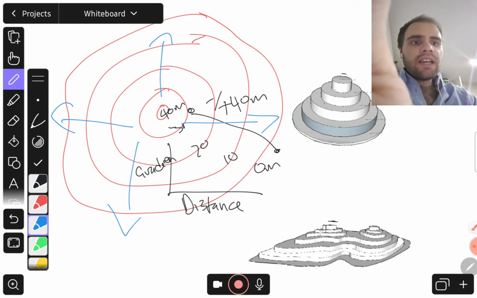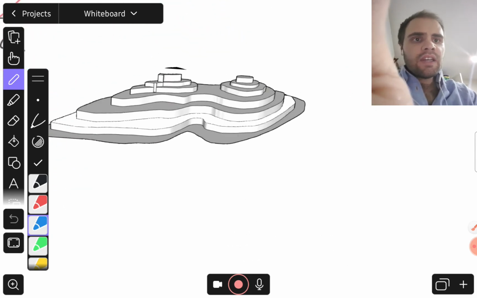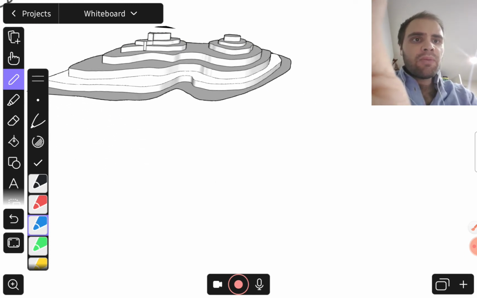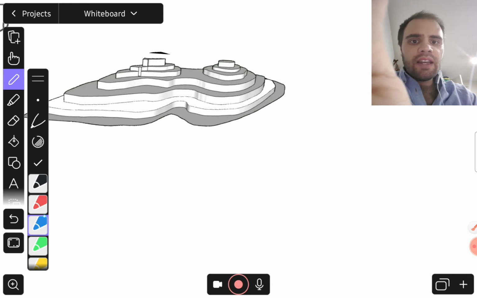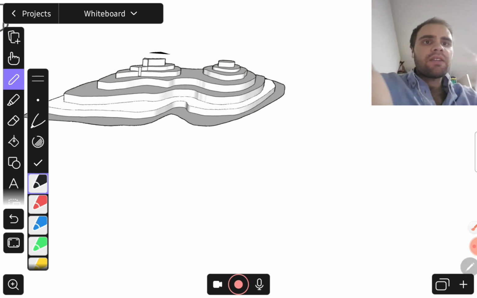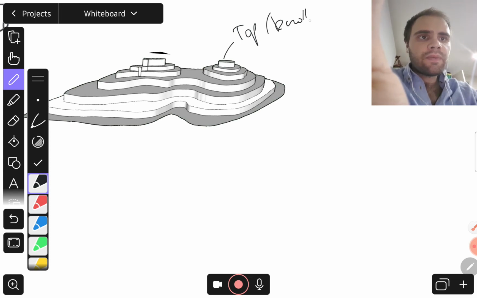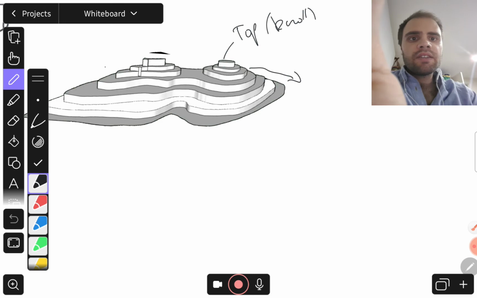Let's talk about some land features. So here we have a model of what the mountain probably would actually look like, and again later we'll get into satellite imagery. So some features just looking at this model, and then we'll look at the contour lines. This is the top, that's clearly the top. It's also known as the knoll, when the circle is self-contained within itself, and in the real world it's at the top here. We have spurs coming down each side,